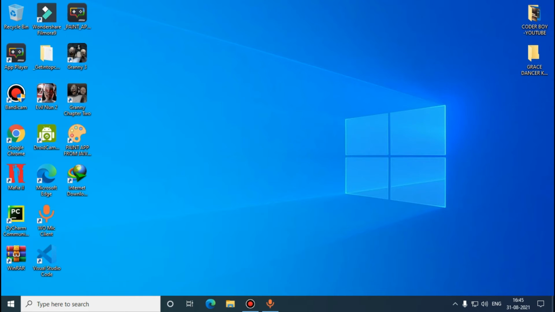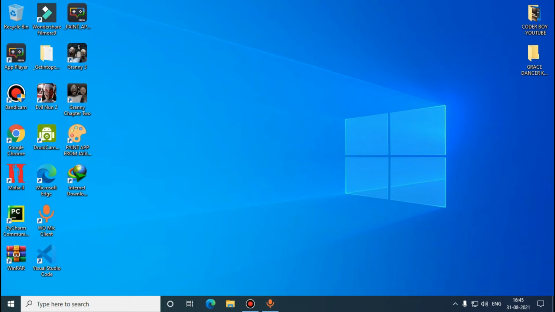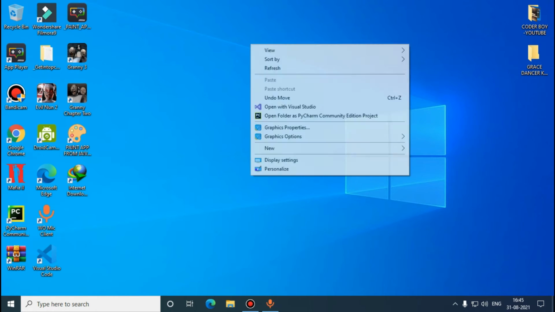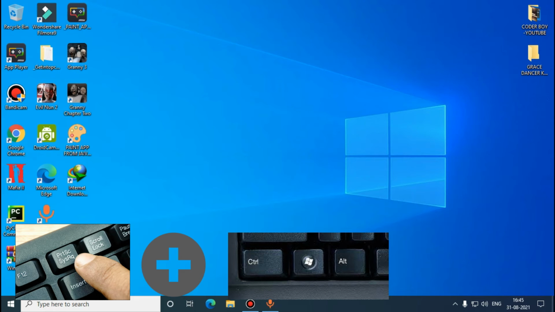To take a screenshot in Windows 8, 8.1 and 10, there's the same method in every Windows, and you can try this on Windows 11 if you are using the insider version of it. So now let's test this. To take the screenshot on Windows 8, 8.1, 10 and 11, just press the print screen key and the Windows key along with it simultaneously.